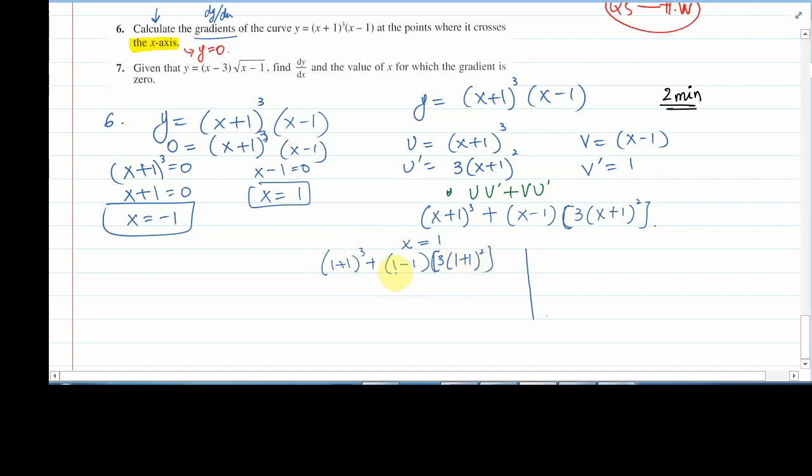Now 1 minus 1 leads to 0, 0 multiplied by anything will be 0, plus 1 plus 1, 2. 2 cubed is 8, so the answer is 8. When the value of x is positive 1, the answer is 8, and when the value of x is minus